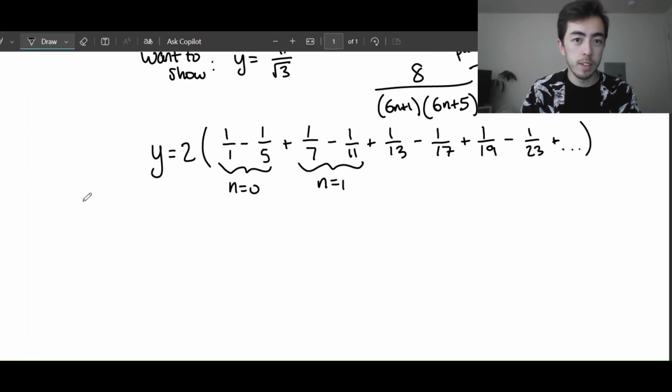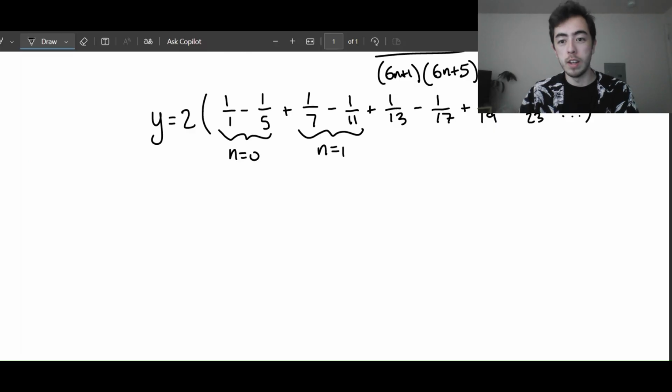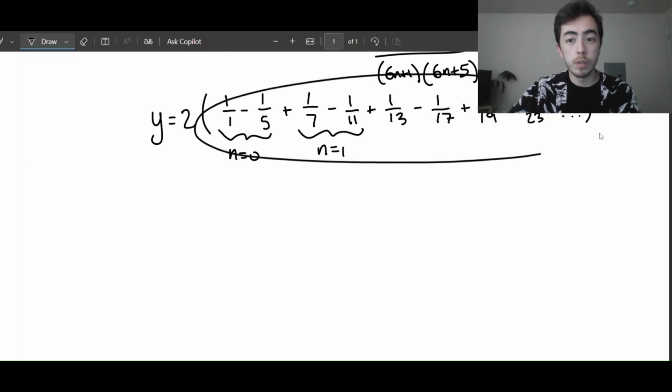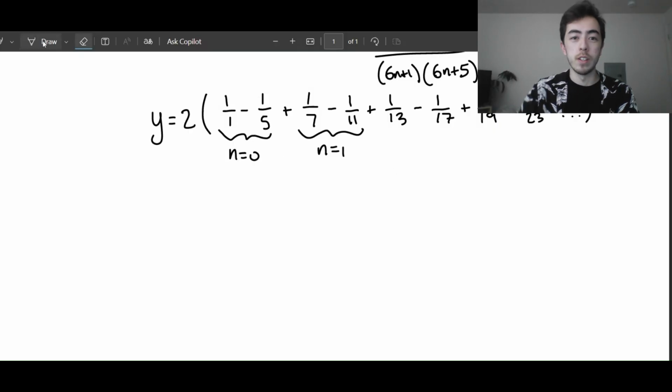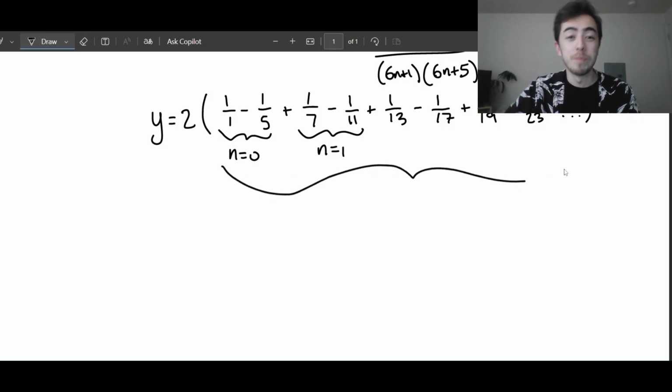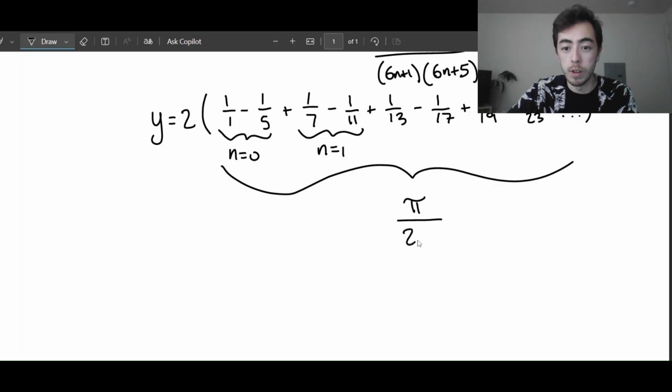Now, I was investigating this sum, and I found some good sources online that demonstrate what this sum is equal to, but it's really not something that I feel like I can talk about in a really concise amount of time. So it's like a trust me on this kind of moment, but I'll put the links in the description below so you can investigate it yourself if you want to. Here's where you got to trust me. This alternating sum is equal to pi divided by 2 root 3. And it's not obvious that that's the case. There's many complicated calculus plus topics that you need to look at, but that sum is equal to pi over